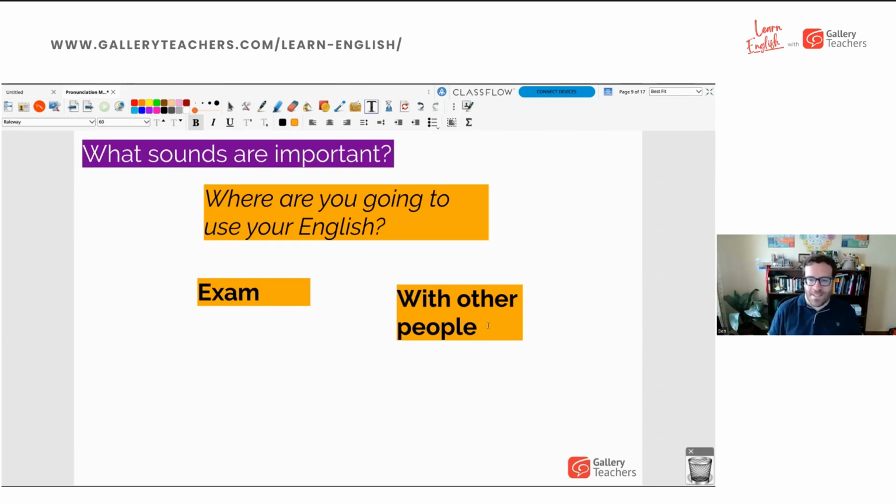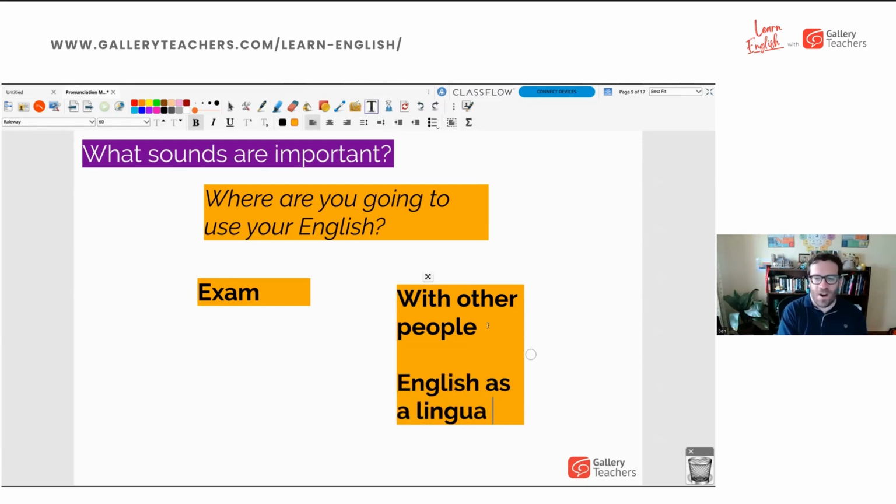And that means that we need to think about something called English as a lingua franca. So it's like English as a common language. And so, Sarah, to answer your question, if you're using English with other people, you don't need to worry so much about,